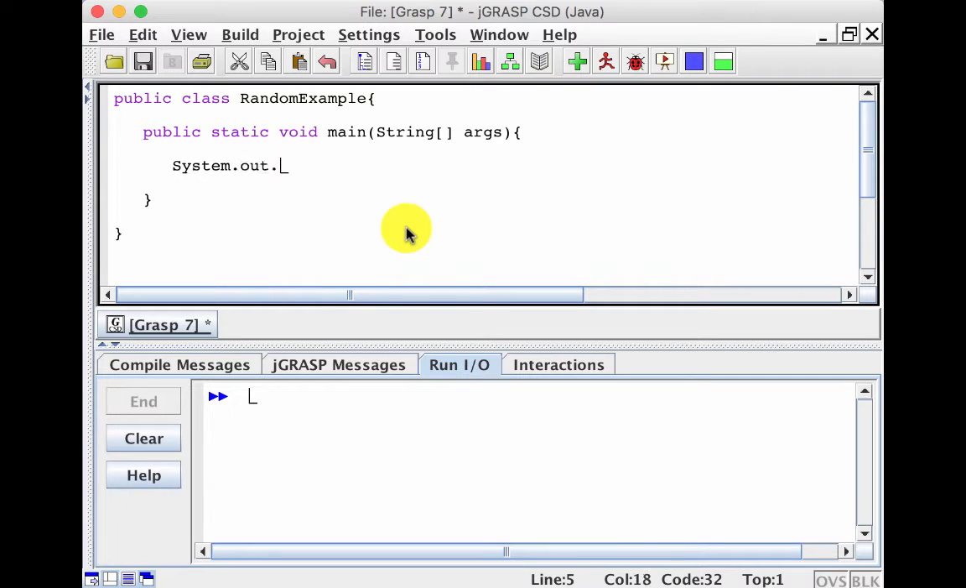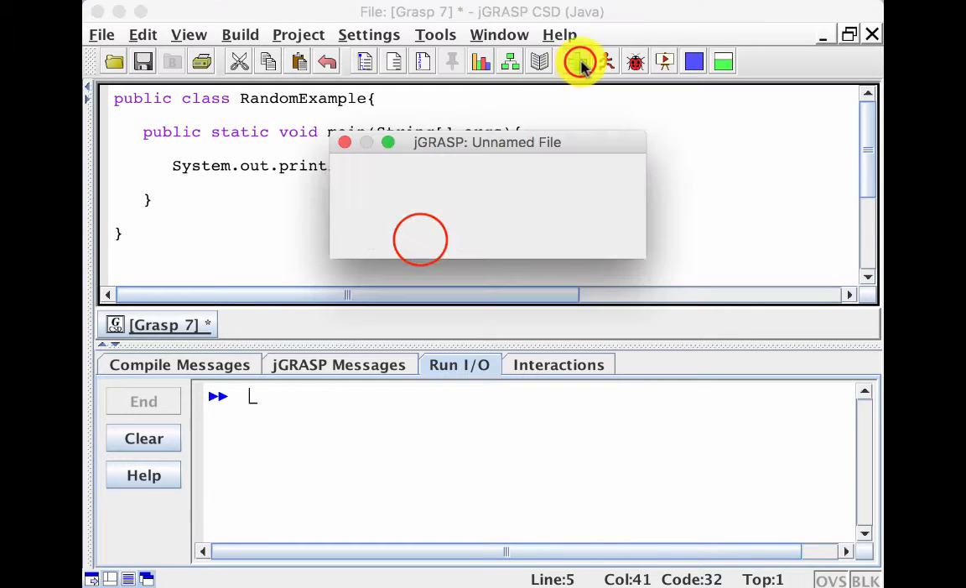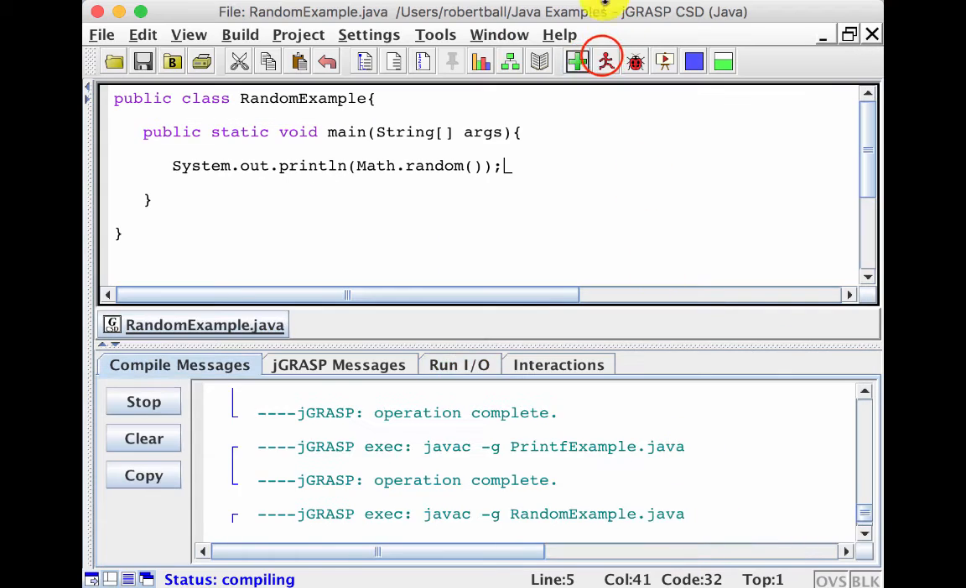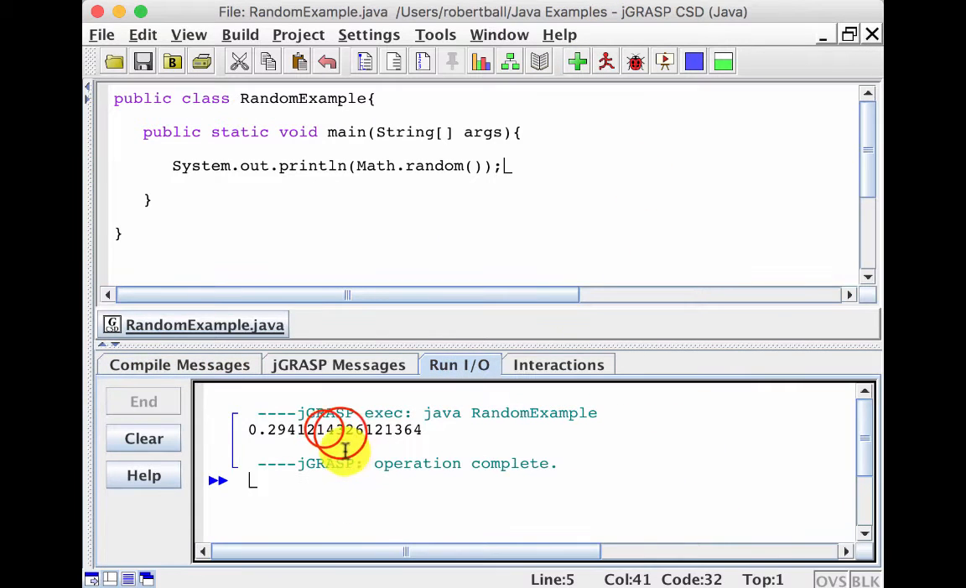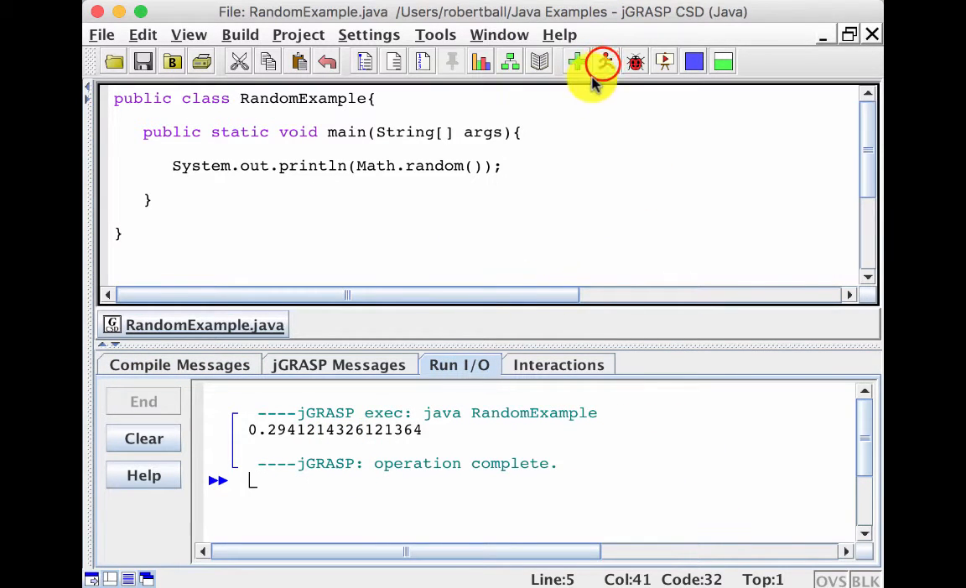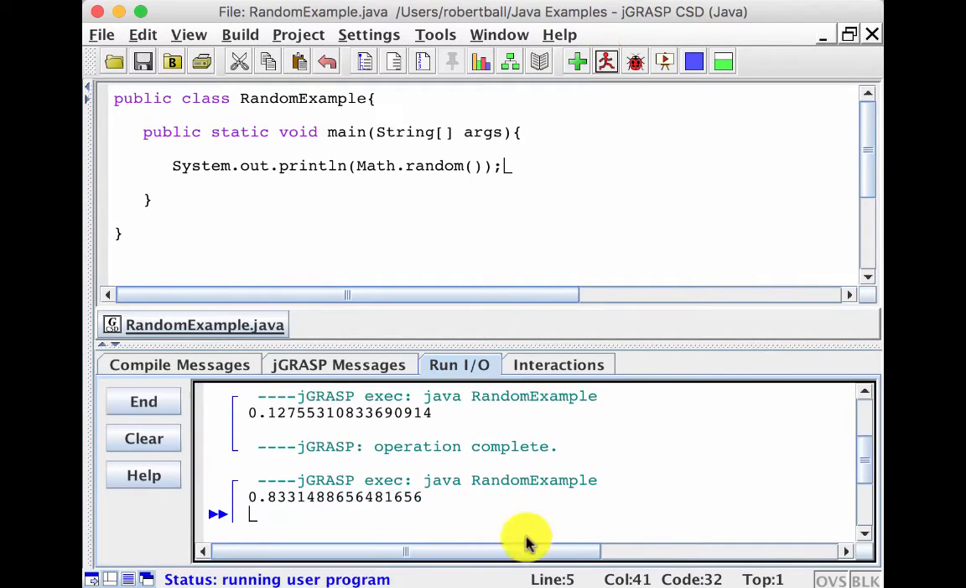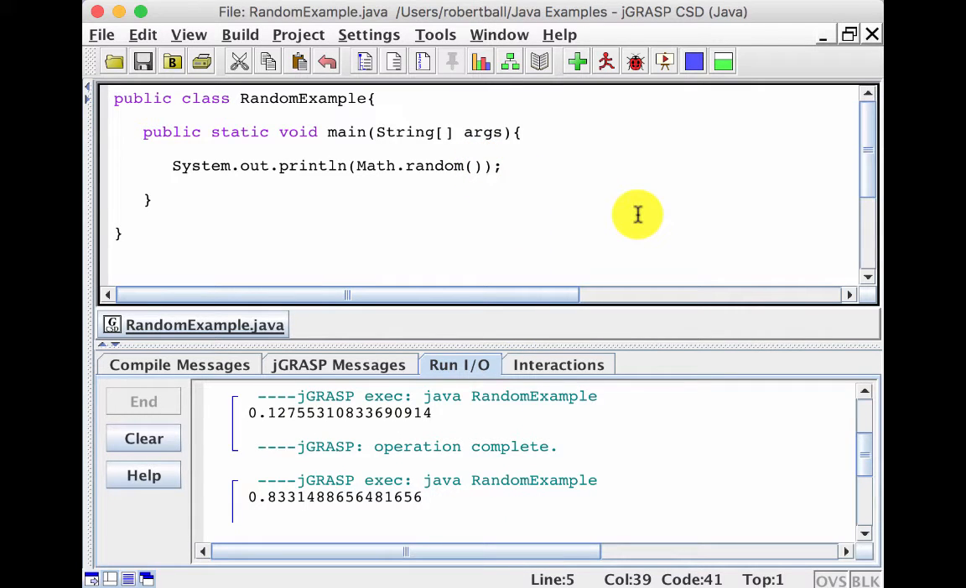So System.out.println Math.random. All right. We'll save it in the same place as always, and then we'll compile it and run it. Oh, it gave us a nice random number. Let's do it again. It gave us another random number. Notice they're different. We'll do it again. All right, you can do all sorts of things with Math.random, but it always gives you between 0.0 and